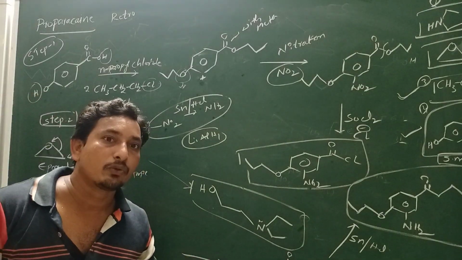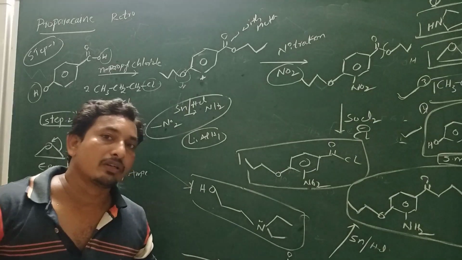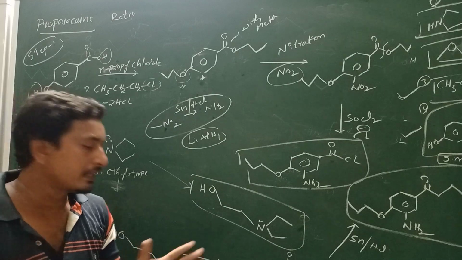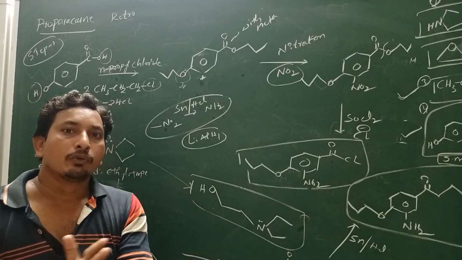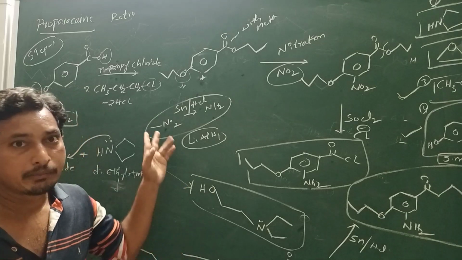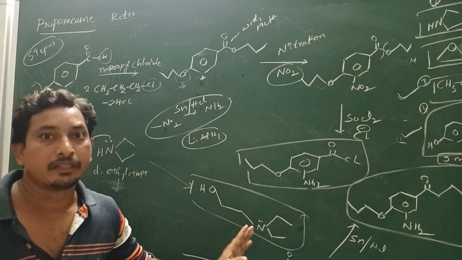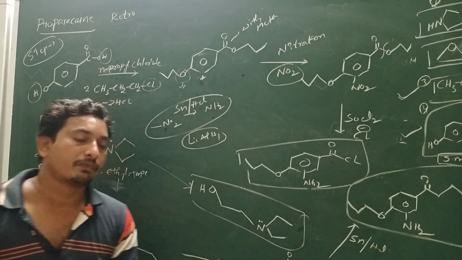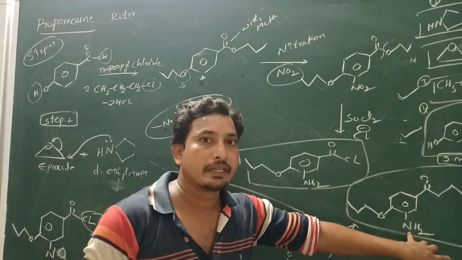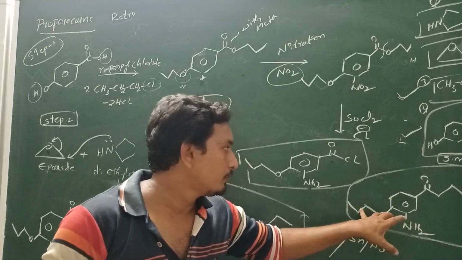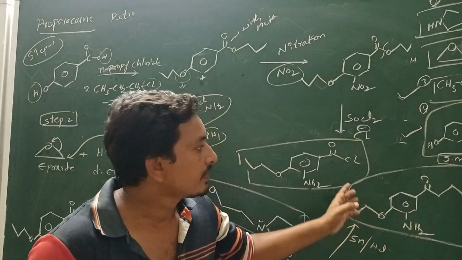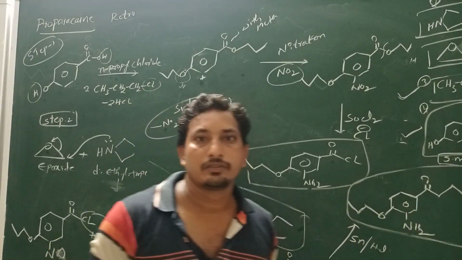Here this position has a nitro group, but our target molecule has an NH2 group. We want to choose a reduction from NO2 to NH2. The selective reducing agent for NO2 to NH2 is not lithium aluminum hydride, only Sn/HCl. Sn/HCl is the selective reduction for converting the nitro group into NH2. Our final target molecule is the NH2 compound with O-propyl and C double bond O, propyl diethylamine. This is the propara caine. Okay, thank you.